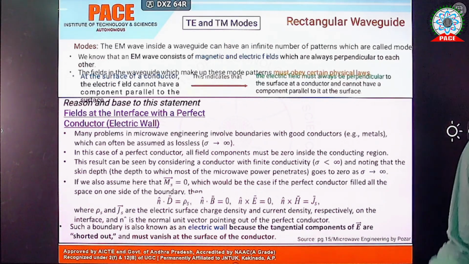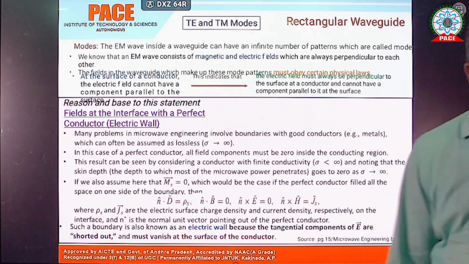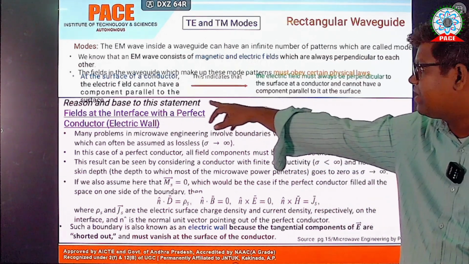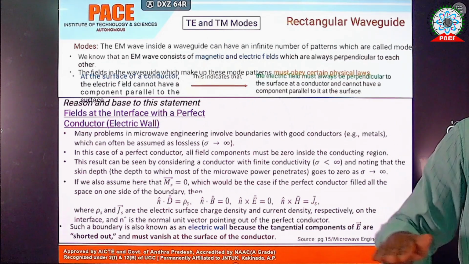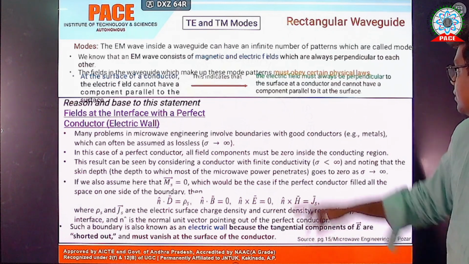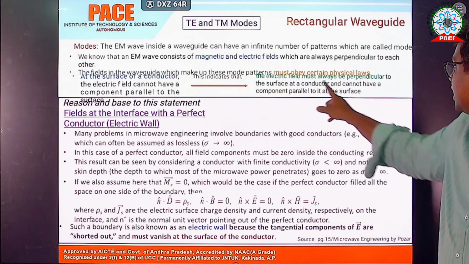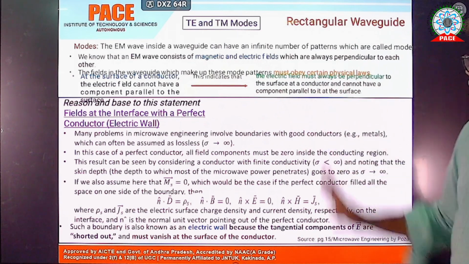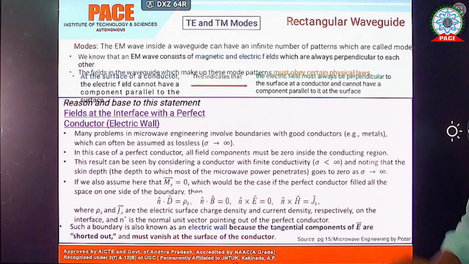If you consider a wave or a surface which acts as a conductor, the electric field cannot have a component parallel to it. If the surface is parallel to the electric field, the wave cannot be propagated, and the electric field must always be perpendicular to the surface at a conductor; it cannot have a component parallel to the surface. So what happens here is